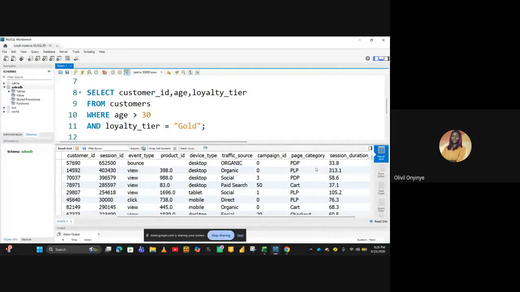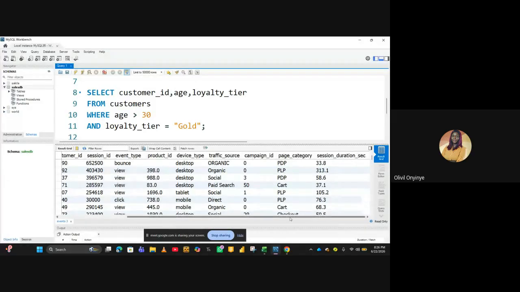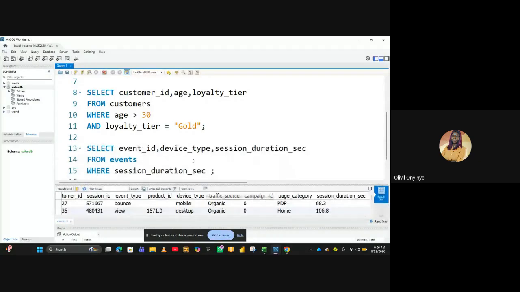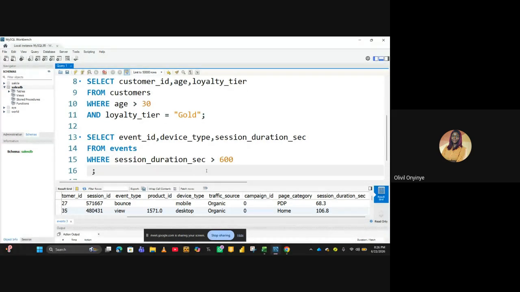Section duration. Okay. Let's say people whose section duration is greater than 600 seconds,